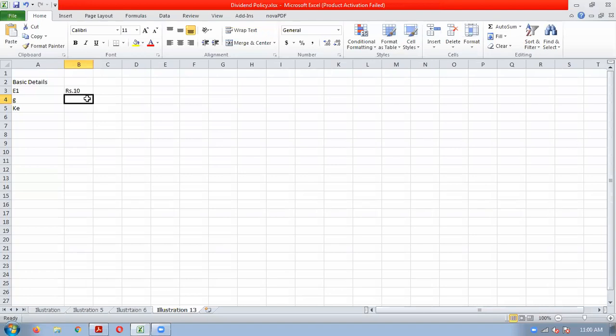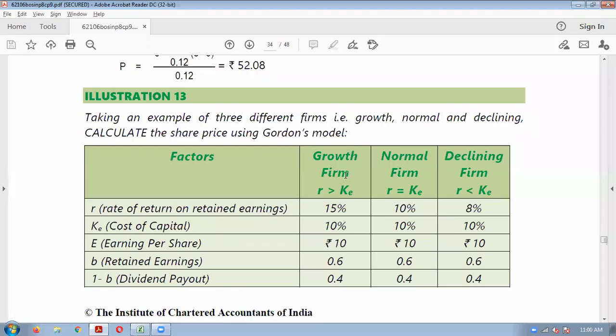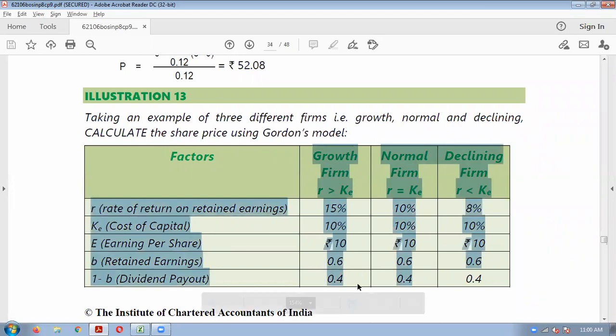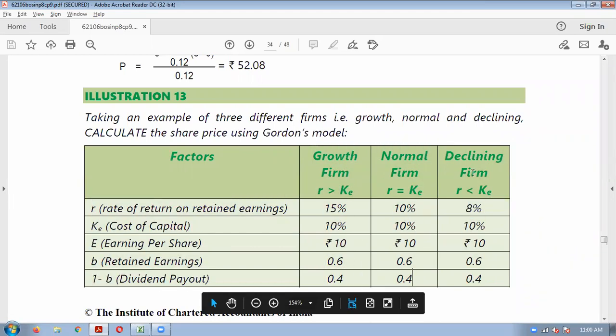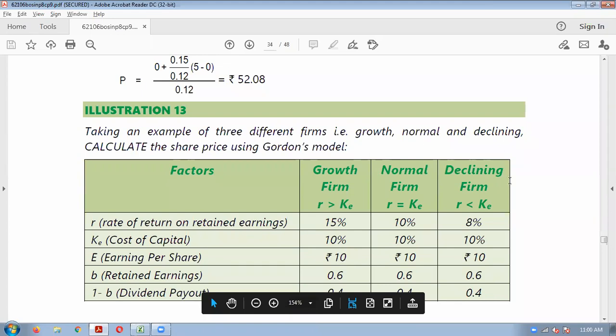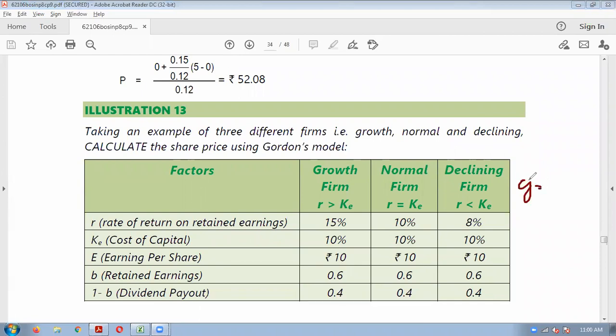G is not given. Can anybody tell me, can we find out G from these details? First, we are solving for the growth firm. One by one, we will solve. From this data, can we find out the growth? Tell fast. Here, growth is not given, but we can find it. What is the formula for finding the growth rate? G is equal to